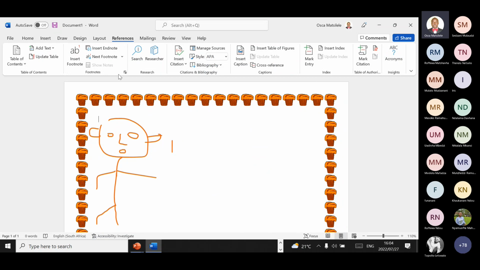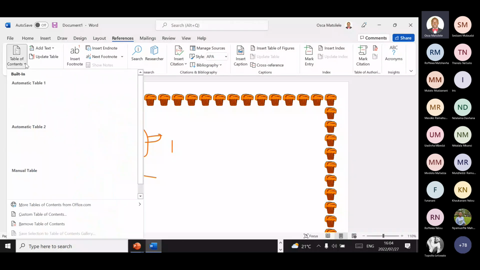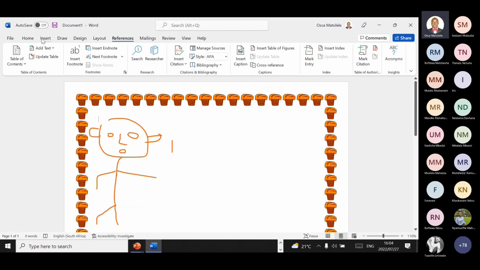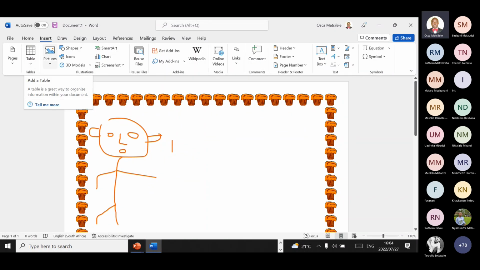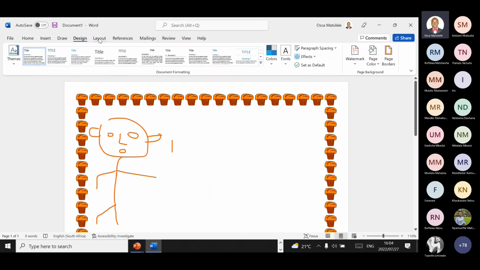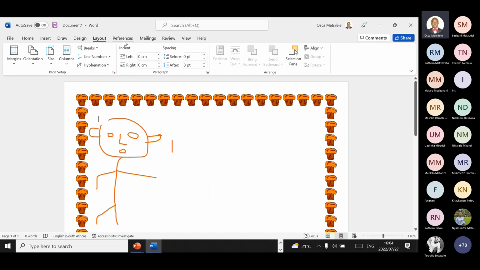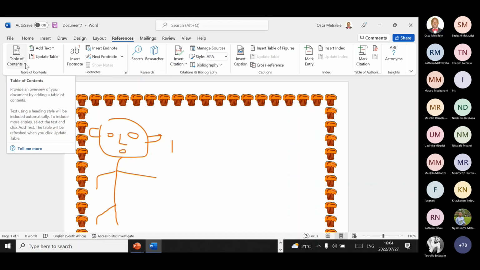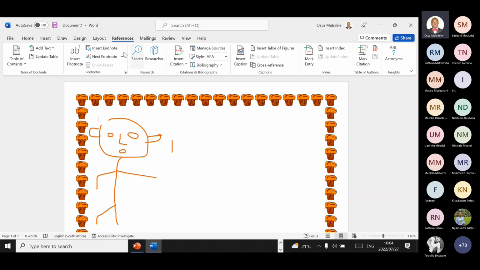So all of this, you'll learn how to insert a table of contents, how to insert it at the back, where I'm here on reference, how to put the table of contents, the automated one,